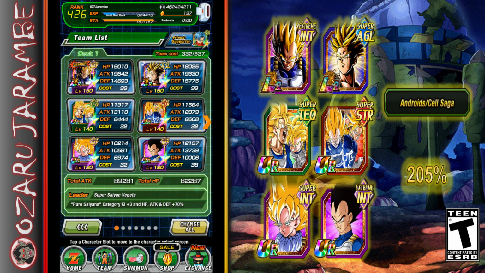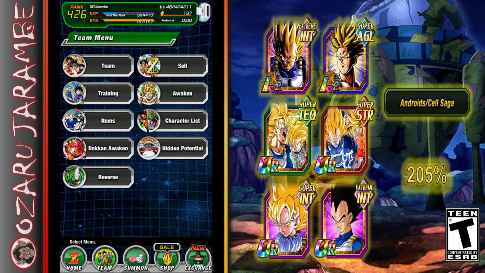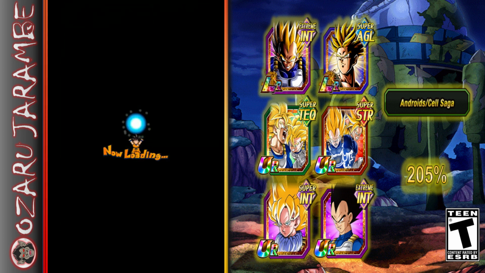So I've got all of these guys rainbowed out. Again, don't worry about the Trunks being super AGL, and don't worry about him not being part of the category here, because with this team you'll be able to easily take down all stages of the event. But anyway, let's go ahead and talk about where to get the Exchange Goku Gohan, Exchange Vegeta Trunks, and the Yardrat Goku. So go ahead and hop over here to the event tab,